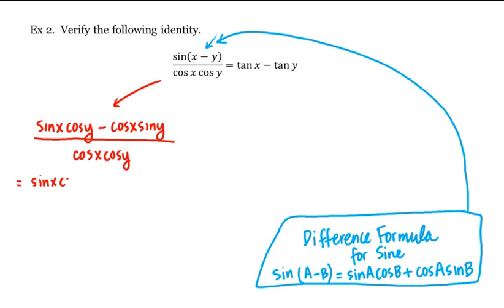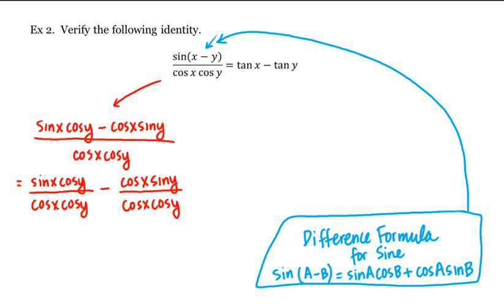sine x cosine y divided by the denominator, the cosine x, cosine y, and then minus cosine x sine y divided by the denominator cosine x, cosine y. And now on this first fraction, the cosine y's will cancel. And on the second fraction, the cosine x's cancel. And we're left with sine x divided by cosine x minus sine y divided by cosine y,